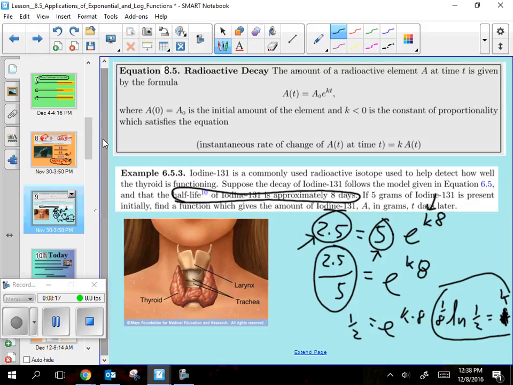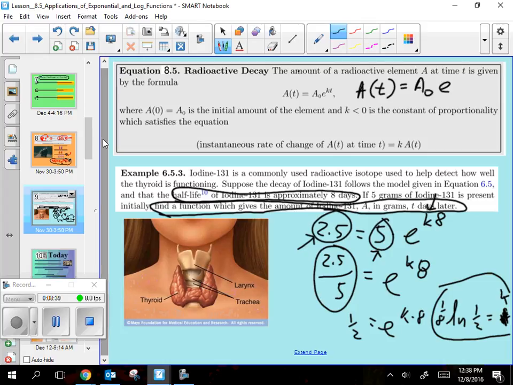But look at the question. The question doesn't say what's k. It says find a function which gives the amount of iodine t days later. That implies they want the t in the problem. Well, they want me to have a t in the answer. Fine, here's my equation. A of t is A of 0 e^(kt). Why isn't that okay? Because I know some stuff now. I know k. That k up there has to be replaced with this new thing. That's k. So I'd write, I know it's a little messy, 1/8 ln a half